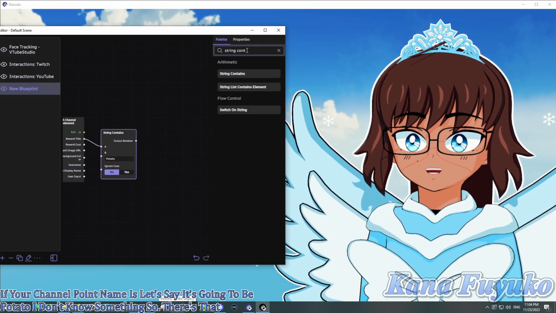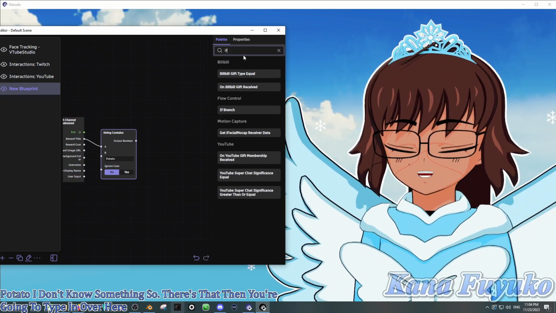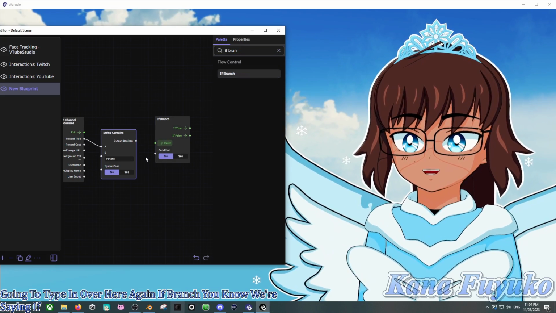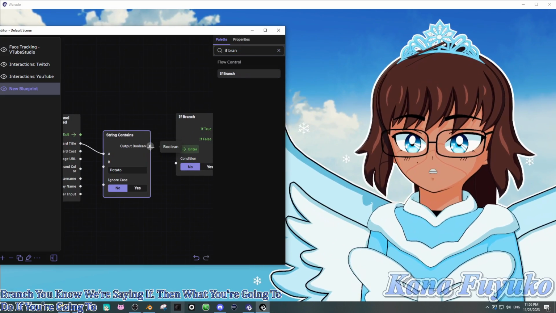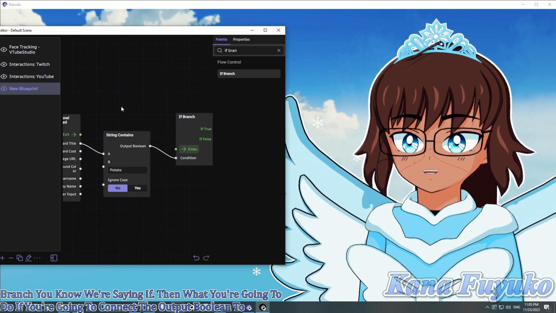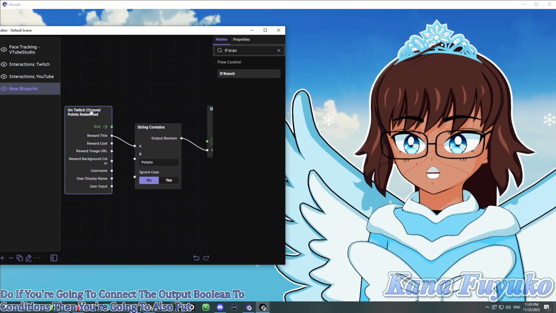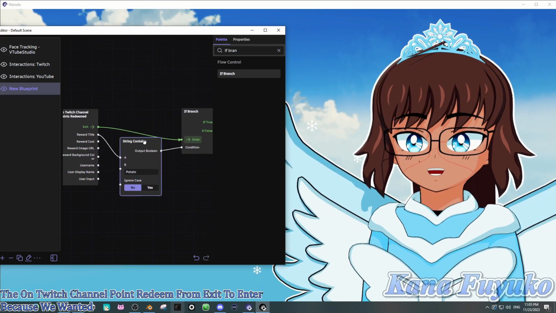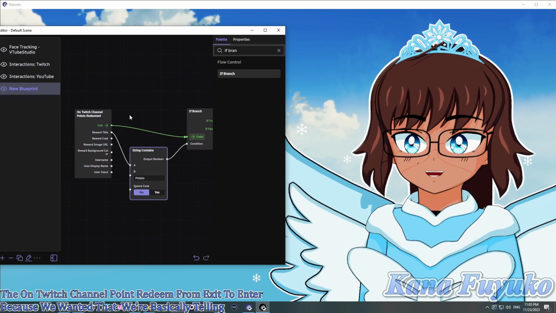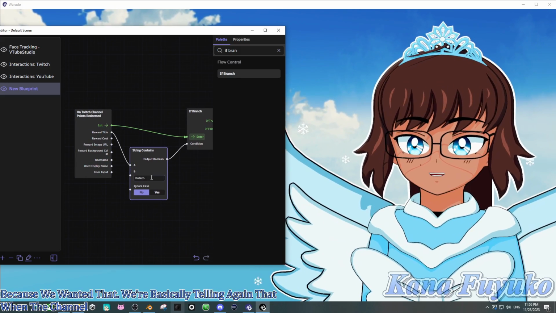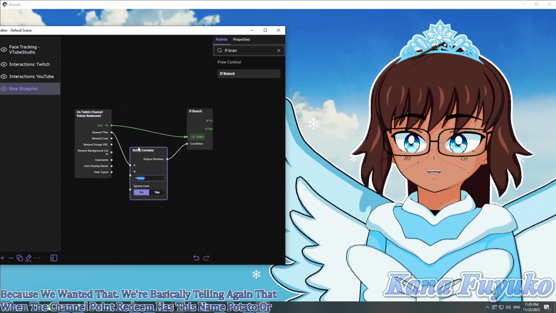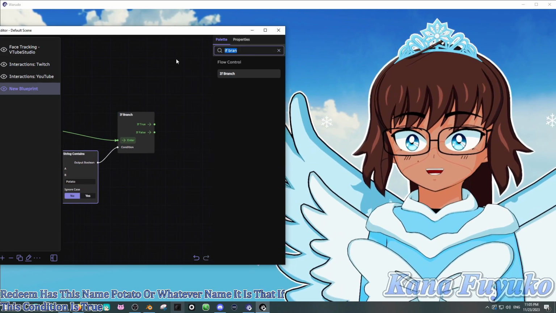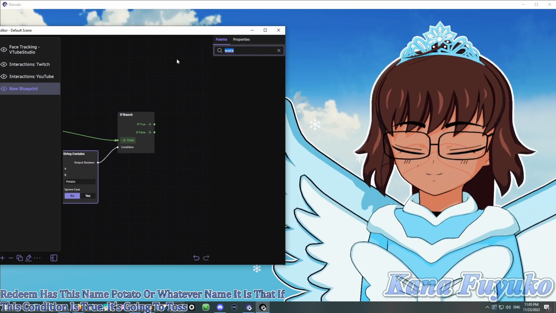Then you're going to type in over here, if branch. We're just saying if. Then you're going to connect the output boolean to conditions. Then you're also going to connect the on Twitch channel point redeem from exit to enter, because we're basically telling it that when the channel point redeem has this name, potato or whatever name it is, if this condition is true, it's going to toss, it's called liquid,